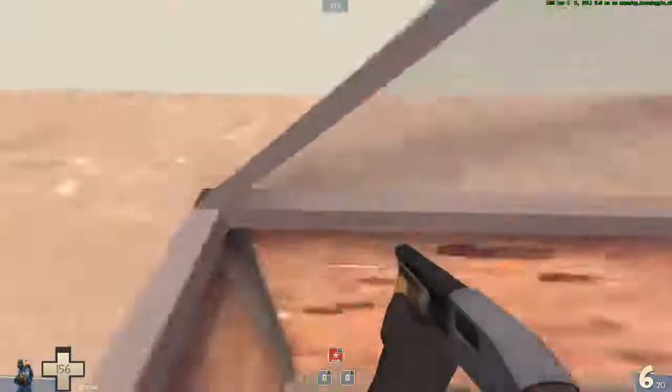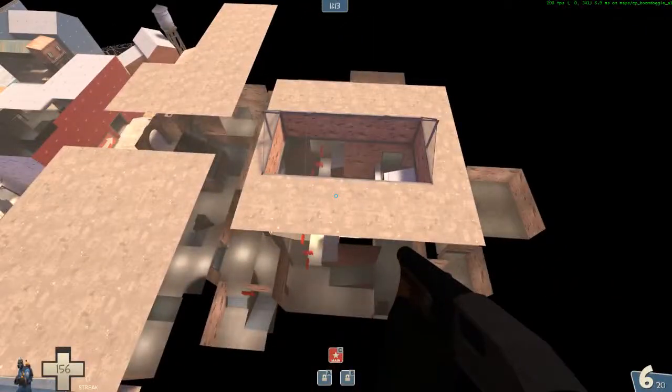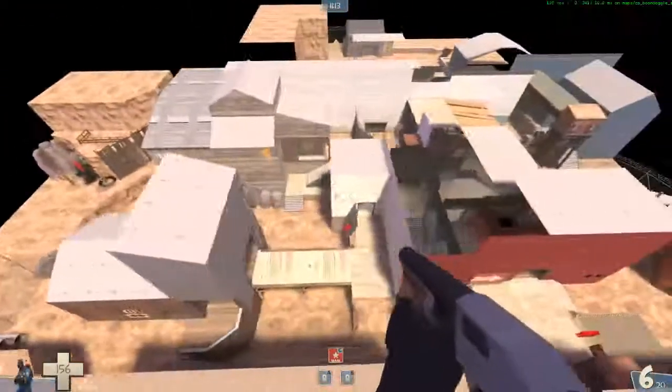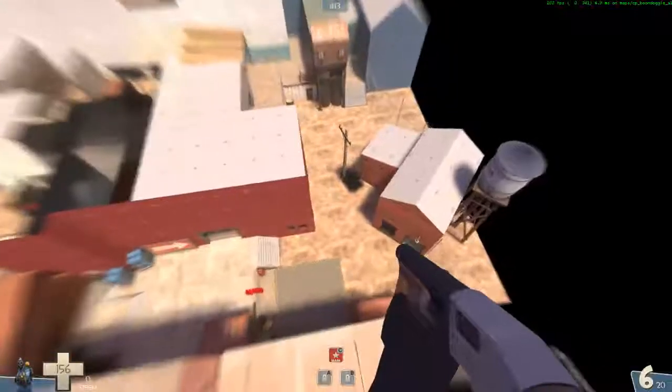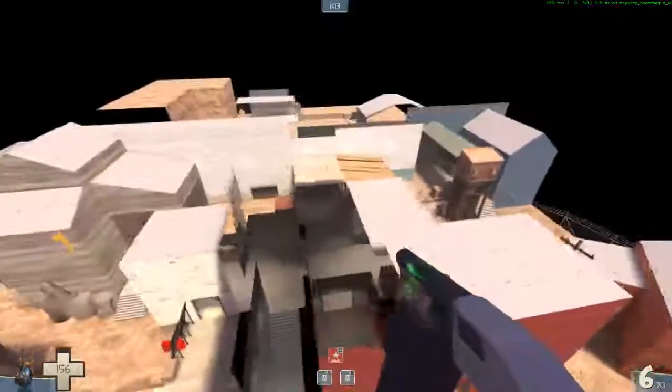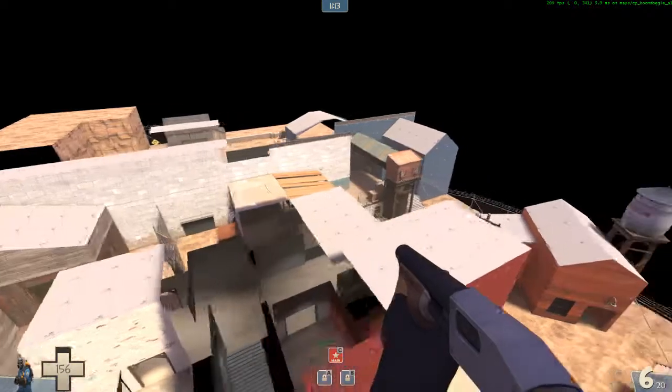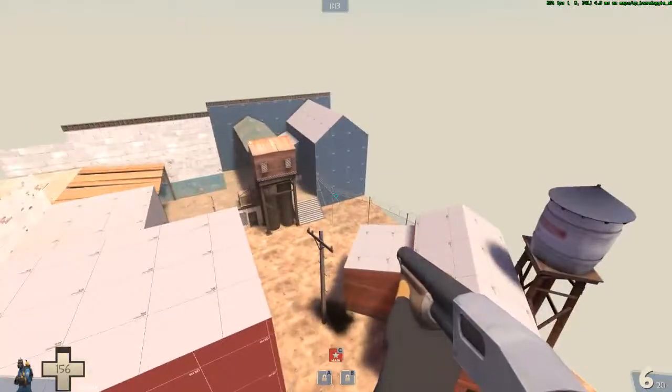Otherwise, I think the map is pretty good. I think C is a little bit weird, but it has potential. B point was good. I like B point a lot. I think B point's the best so far. And for A point, just make this building a little bit more obvious to get into. Otherwise, I liked it. It'd be cool to see what sorts of details you do with the map,